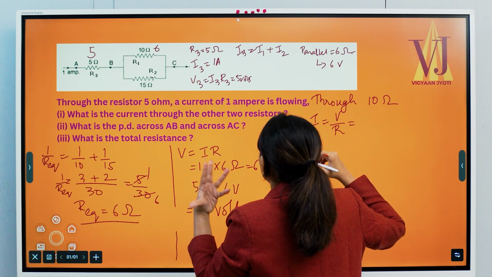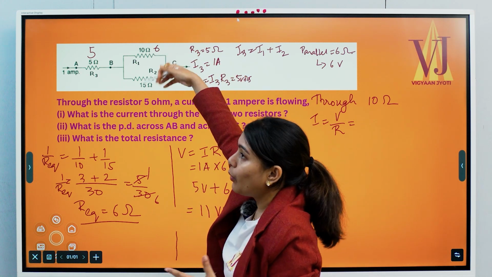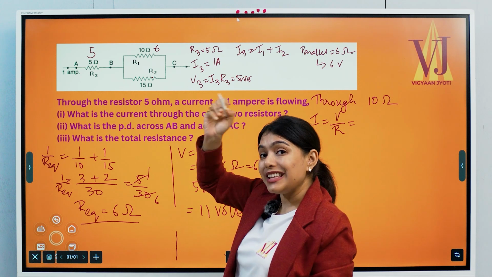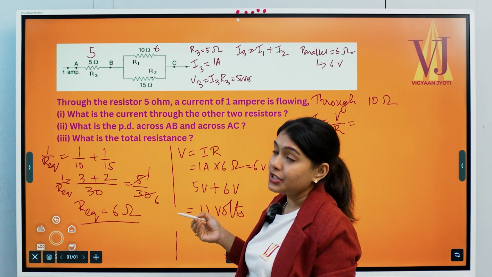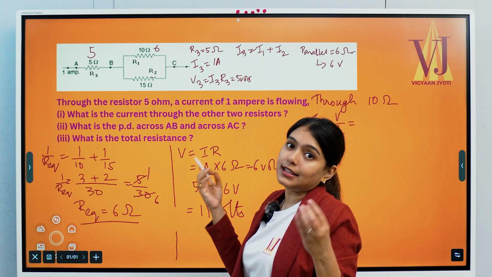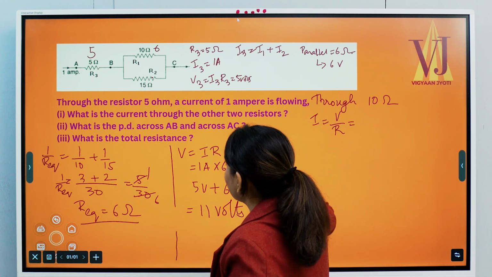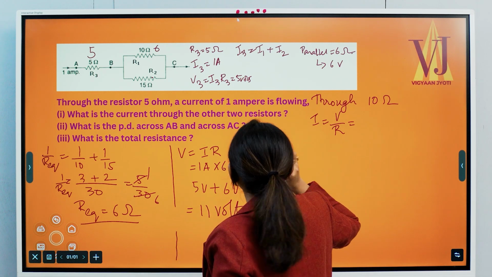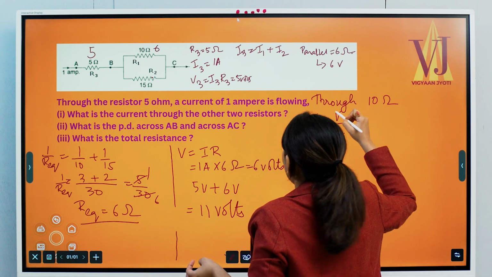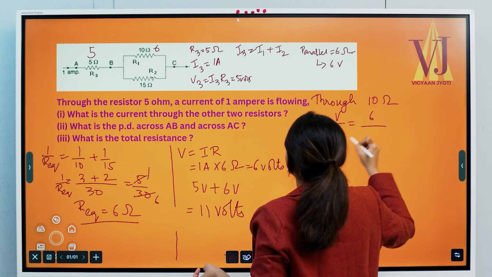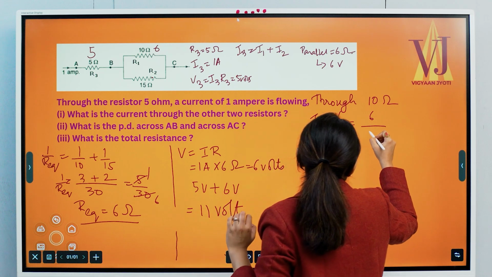Overall resistance is how much? 6. After all, in parallel, we know the voltage across each resistor is equal to the overall voltage, and for series the overall current is the current passing through each resistor. So here the total overall voltage that we have in parallel is 6 volt, correct? That means, what is it? Yeah, so 6 volt, and specific resistance we have 10,